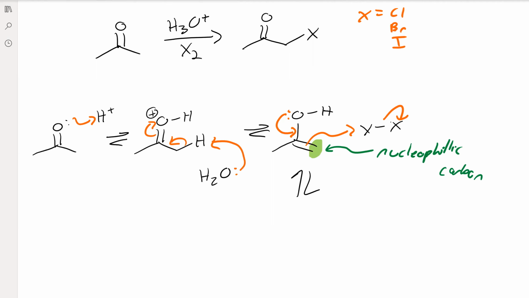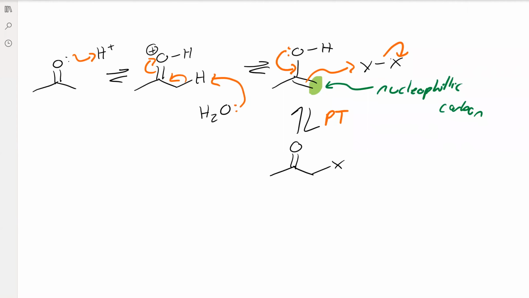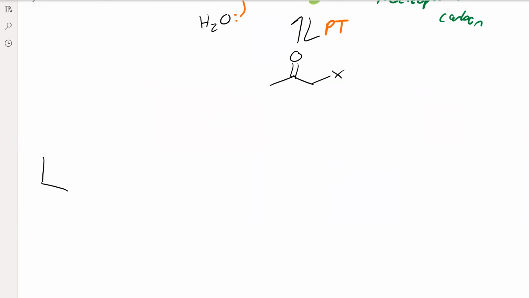And then if we think about a product, there's going to be a proton transfer to get rid of the hydrogen on the carbonyl, but we'll end up with alpha halogenation, right? So you can see how we've added it in there. And generally in these acidic conditions, it'll stop with adding just one halogen. So for example,